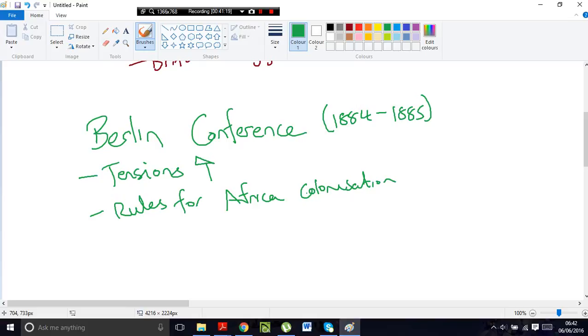Although resistance was quite fierce often, the European cannons and machine guns, as we said, the post-industrial technology, always overcame the African forces. So by the turn of the 20th century, European colonies embraced all of Africa except Ethiopia,